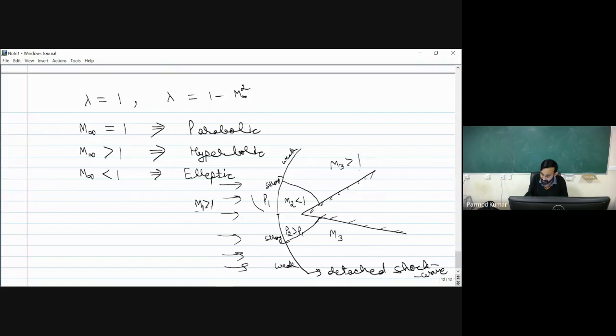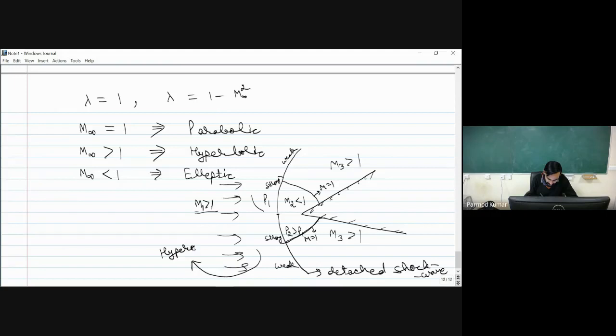Okay. So over here, what will be happening? This particular transition boundary which I am having over here, for this boundary, the value of Mach number will be equal to 1. So you can see that in the upstream of the shock wave, we are having supersonic flow. Because of the supersonic nature of the flow, here the nature of the equation will be hyperbolic.